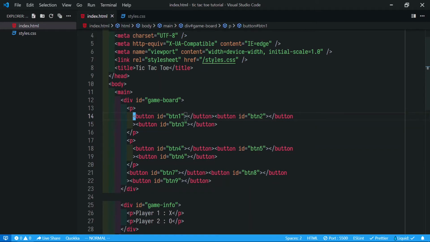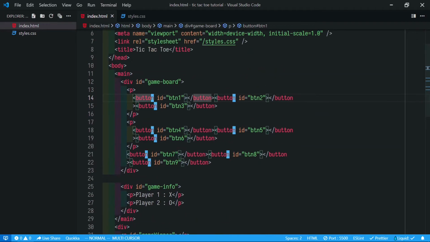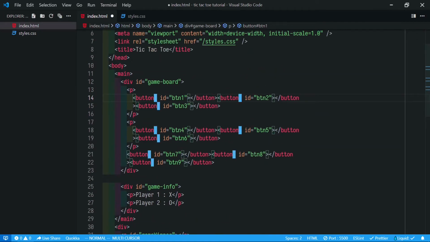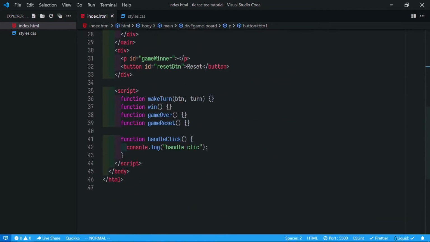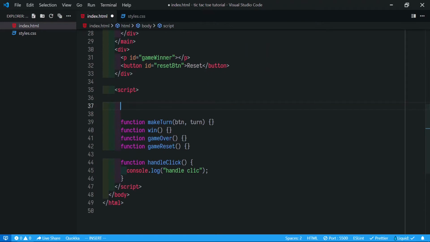On every button, we'll select every button and add the on click event handler. So we create a function, get all game buttons.